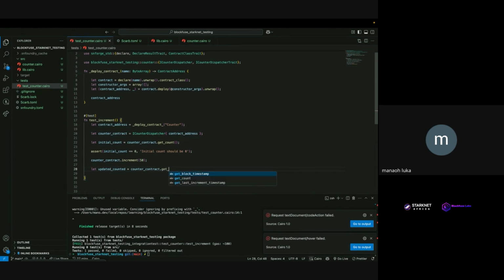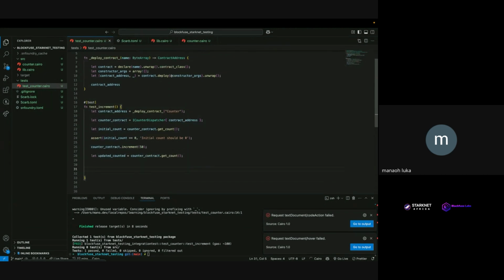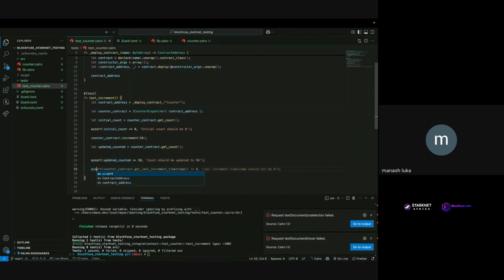So we can get counts now. Nice. So next, let's assert that the updated count is 50. So we can just do that here. And we can also choose to assert